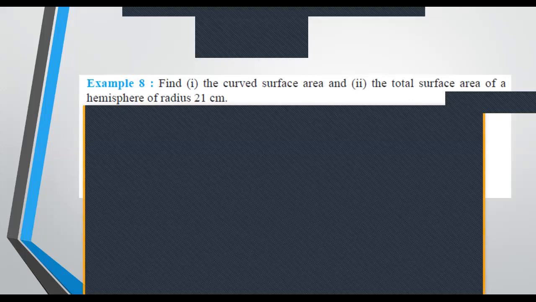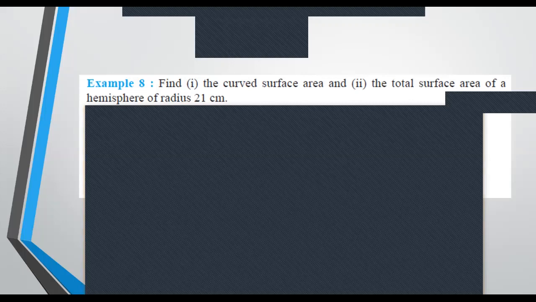Okay, chalo, continue. So what is the curved surface area for a hemisphere? Only the curved surface area, 2 pi r square. What is the total surface area for a hemisphere? 3 pi r square. I want you all to work because calculation is a major thing in mathematics. So work it out and give me the answer faster.